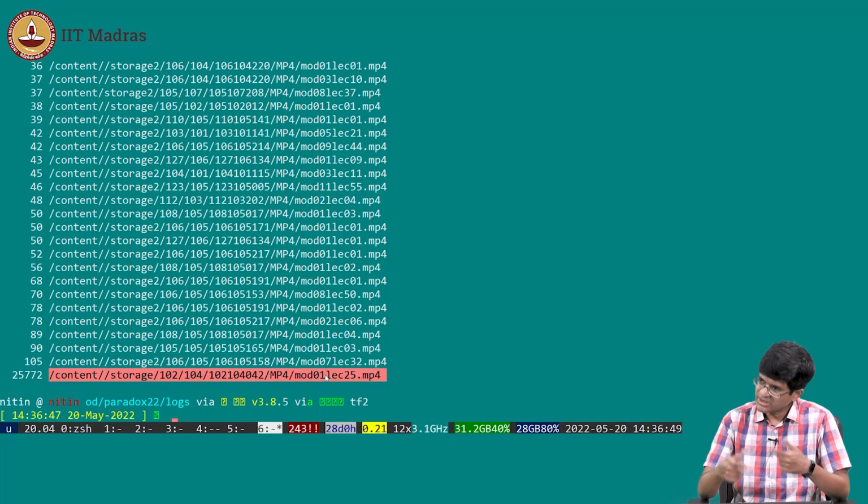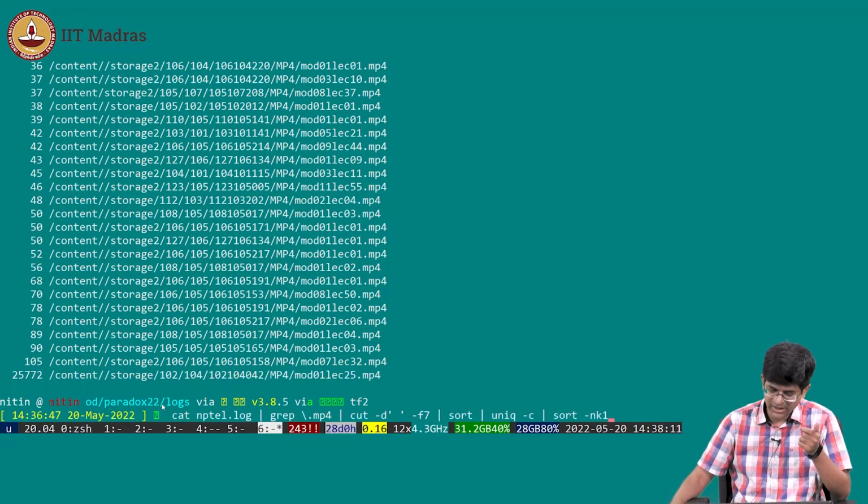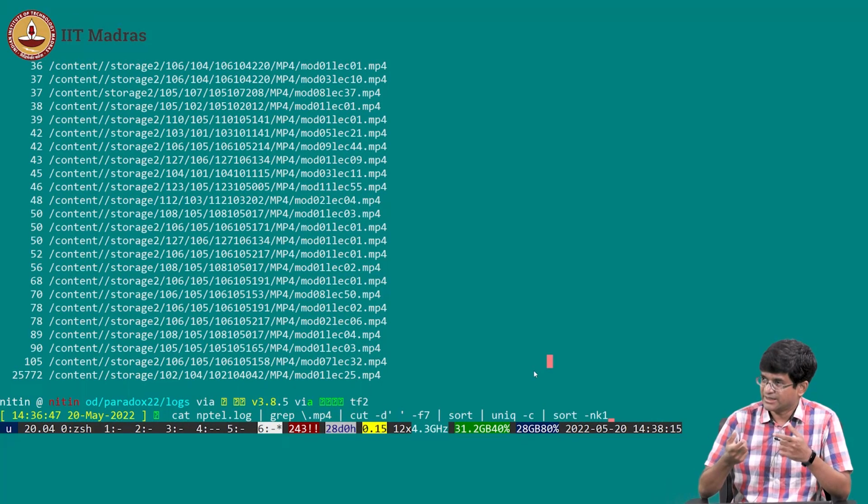But let's say that you want this to be running automatically, this is probably not the best way to do it. Why? Because look at what is actually happening out here, right? How many programs got run to get this one piece of data? I had to run cat, I had to run grep, one cut, sort, unique, and one more sort. Each of those, the shell has to actually invoke it as a separate program.